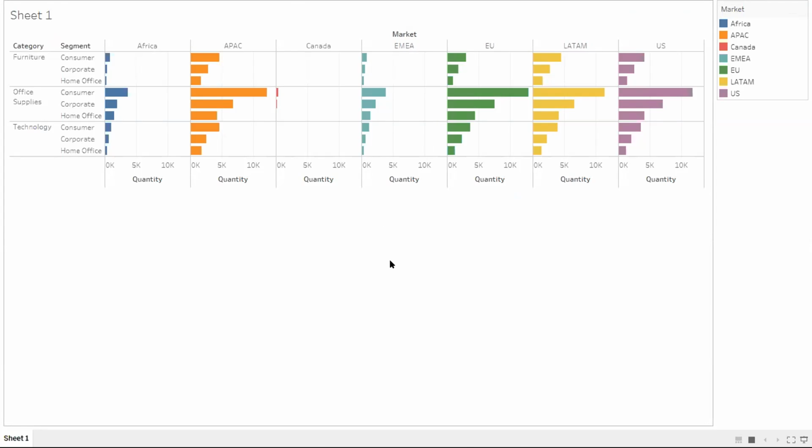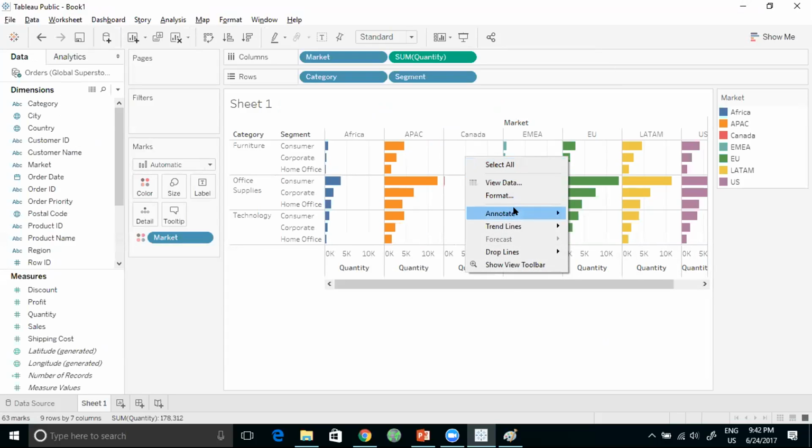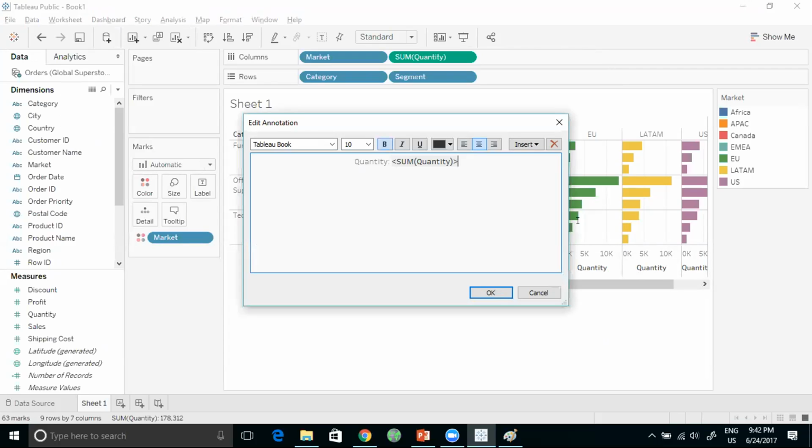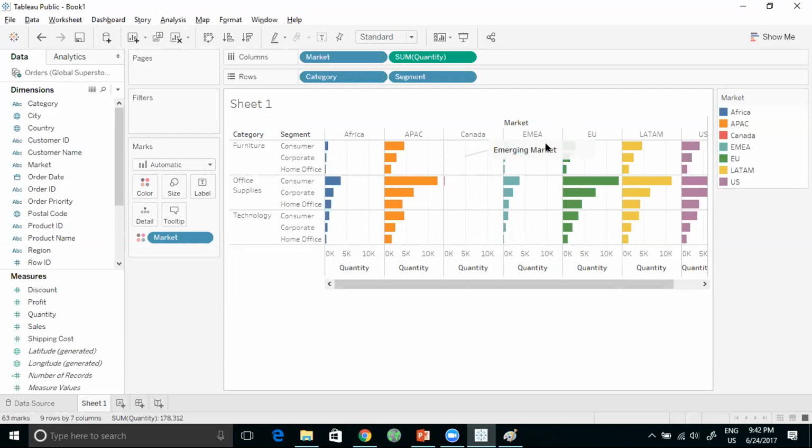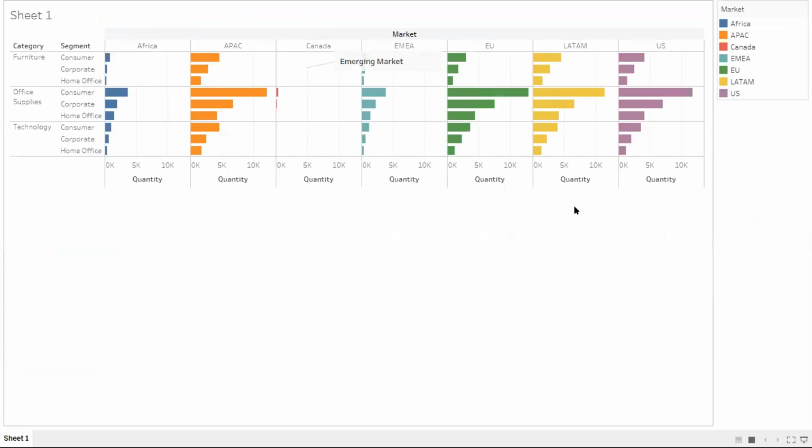So you want to add a comment there, saying, and we're doing descriptive analytics right now as we speak. We're going to annotate the point Canada and say that this is an emerging market. Okay, and you can see that comment right there. You can see that some of the other markets like APAC and the US are mature markets. So you can put those comments as well and project your comments. You can add your comments right here in your visualization. You don't have to go to PowerPoint, by the way. It is possible to go there, but it's not necessary, right?